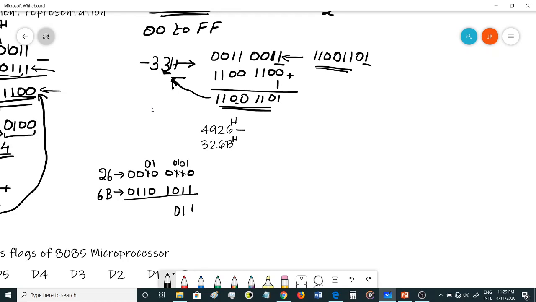This becomes 1, this becomes 10. 10 minus 1 is 1, 1 minus 0 is 1. Again we have to take one borrow from over here, and then we'll give this as 1, this as 1, and this as 10. So you'll get the result as 10 minus 1 is 1, 1 minus 1 is 0, and 1 minus